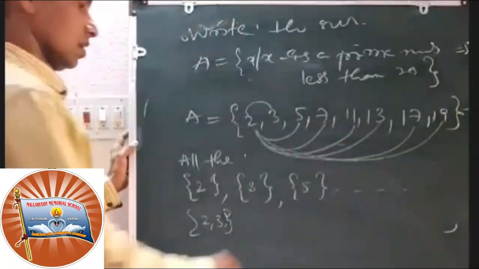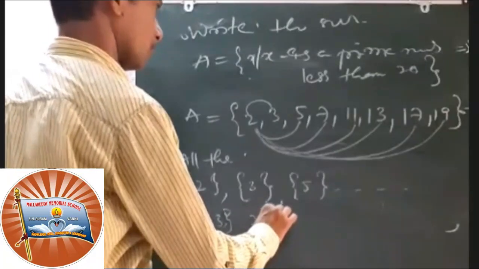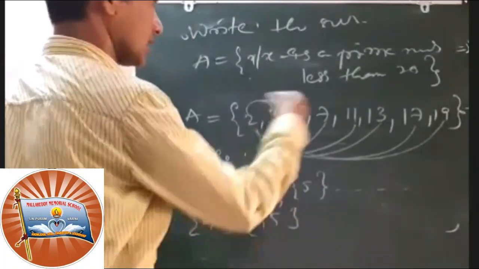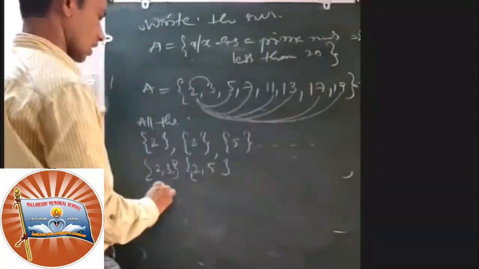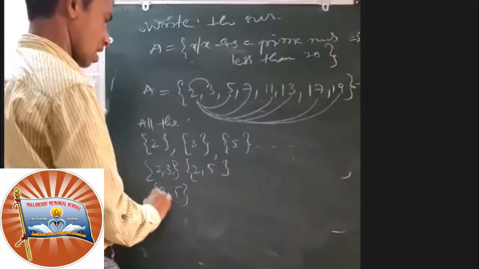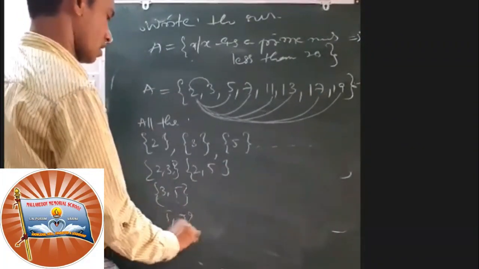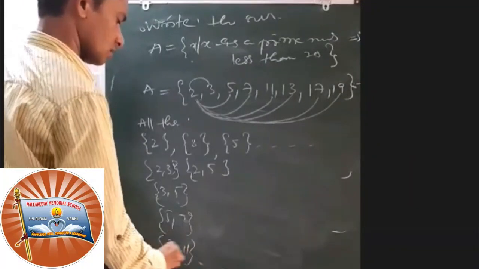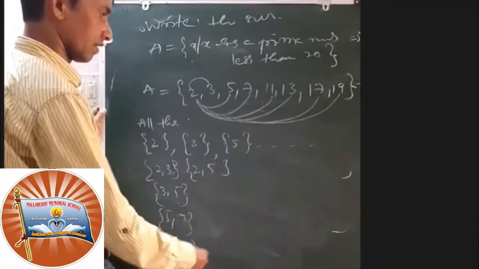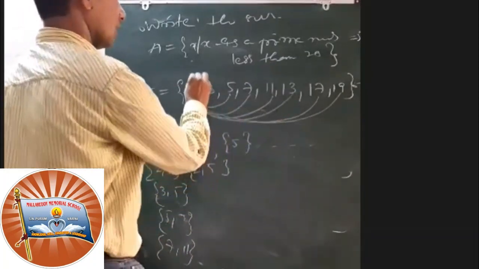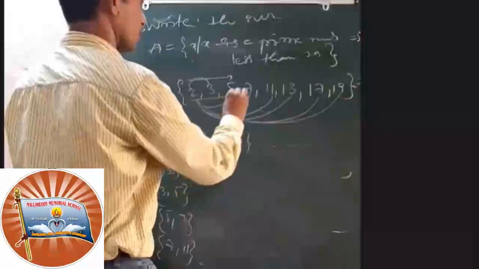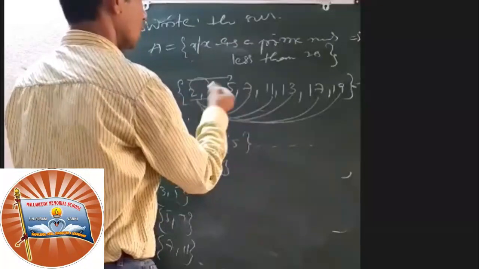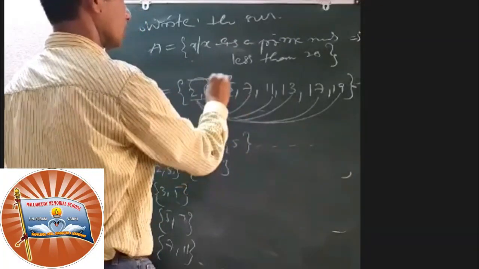Again 3, 5, 3, 7, 3, 11, again 5, 7, 7, 11, 11, 13, and so on, and the combinations of three elements. Then if you check,